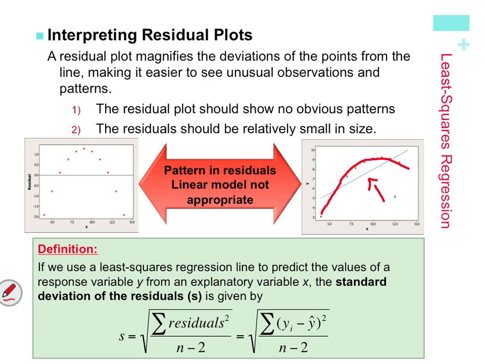Now to talk about the standard deviation of your residuals. If we use a least squares regression line to predict the values of the response variable y from an explanatory variable, the standard deviation of the residuals is given as follows. This is another thing that we're not going to calculate by hand. So let's understand what this is. Well, I guess we can really just understand why we need it. Part of why we need it